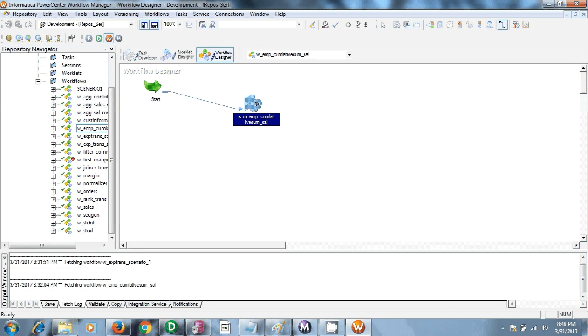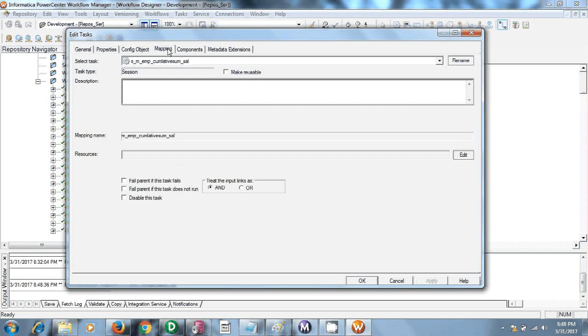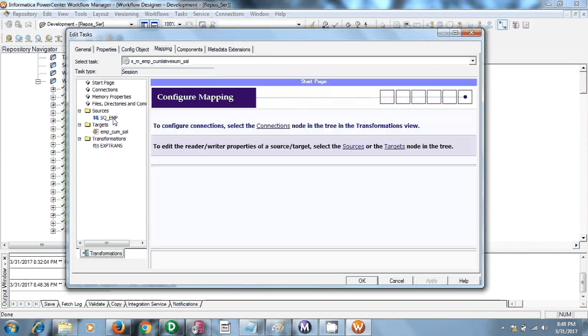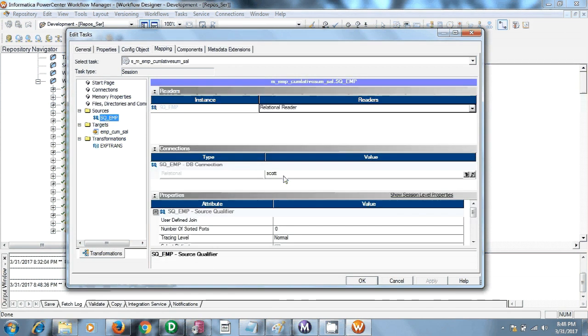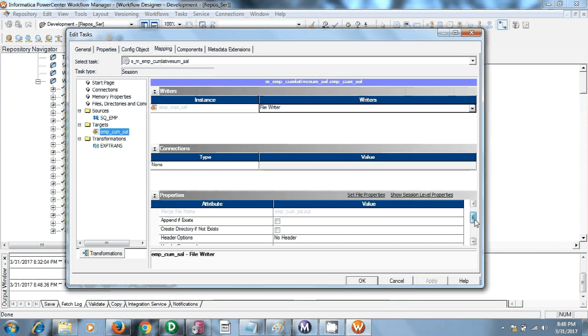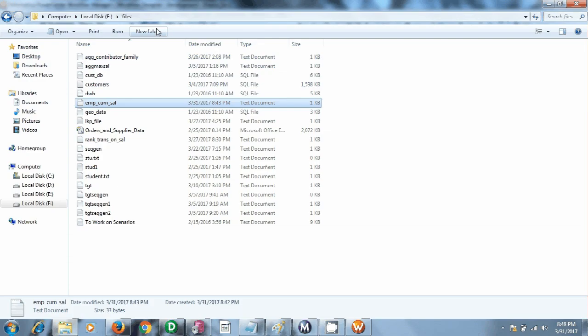It is a relational connection because it is a database connection. Then go to the target and give your target file directory; this is where my file is, so copy it and paste it here.